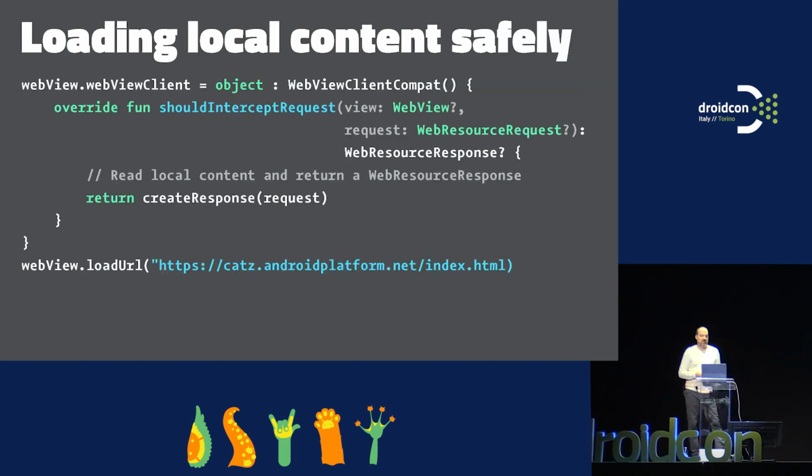And it works like this. You create your WebViewClientCompat object. You override shouldInterceptRequest. And in that one, that function gets a WebResourceRequest as parameter, and it returns a WebResourceResponse. So you can think of this as an in-memory embedded web server that doesn't go over the network. There's no TCP socket included here. You create a response with this one,